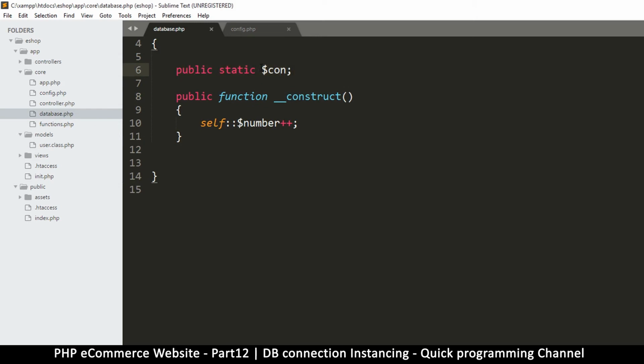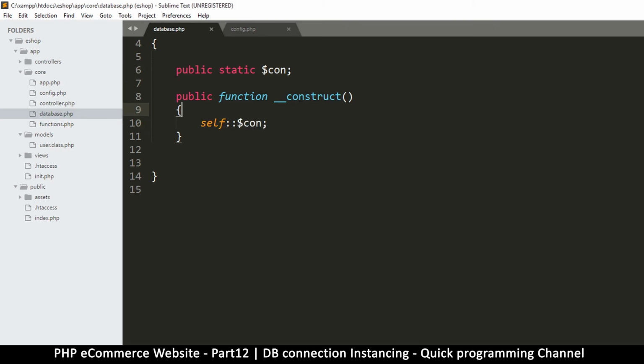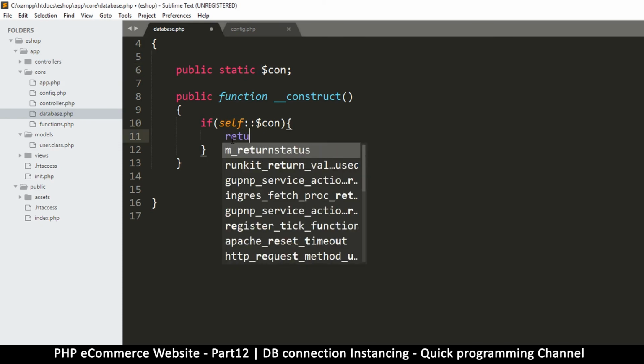So it's equal to null, because it's not given a value. At this point, what I want to do is, once we do a construction here, we're going to check whether this is set to anything. So I'm going to say if self con like that. If this is set, if it's already set, what we do is we're going to return,